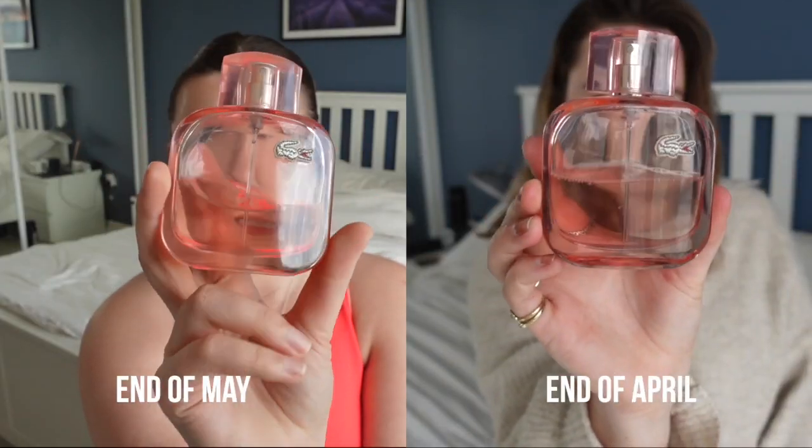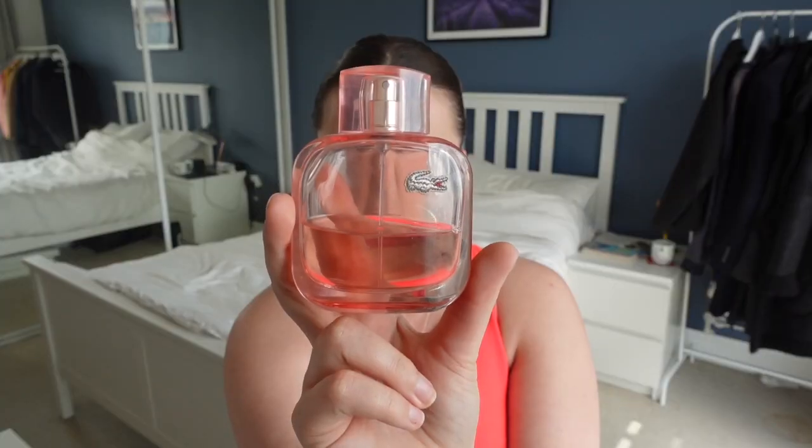So this is where we're at. A pretty decent usage, just over halfway through, so I'm gonna keep using this. I'm gonna give you the empties first and then pop all the products and round the video up. So the 3 products I finished up this month are, this is the Maybelline Perfecta